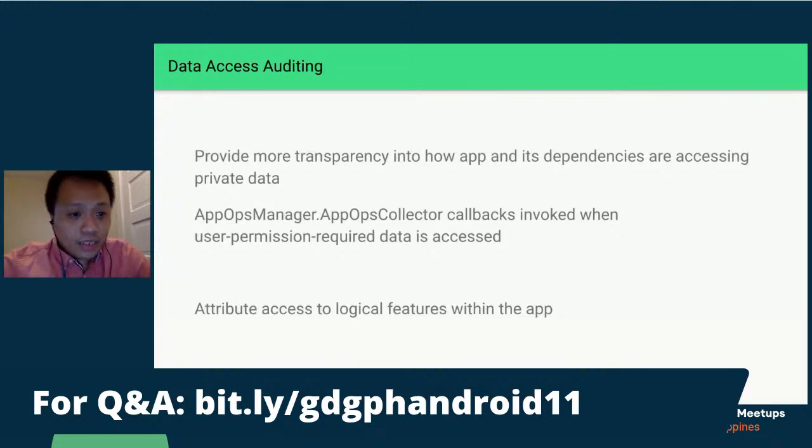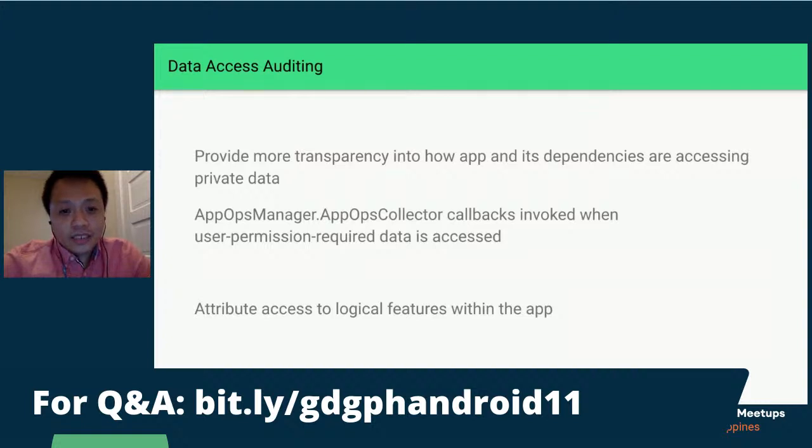And the next is data access auditing. For example, we have our application, and we know that we have safeguards on how we access private data, or that we don't access private data. But we have dependencies, and sometimes we don't know if these dependencies have been getting data. For example, there's this login API that, when we log in via it, can access a lot of data. We don't want that.